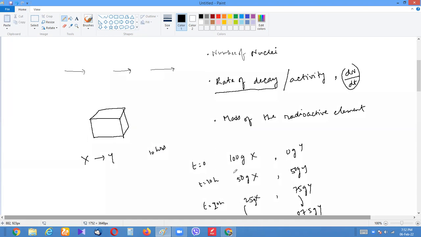So let's start again. So if we assume that at t equals to 0, we are starting with 100 gram